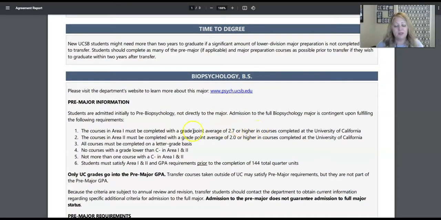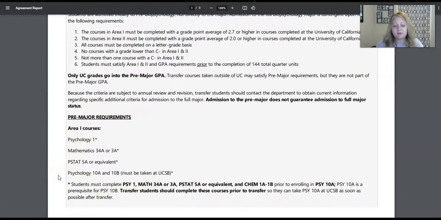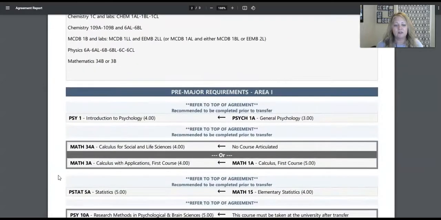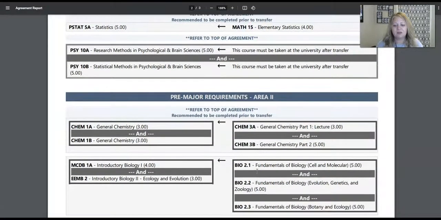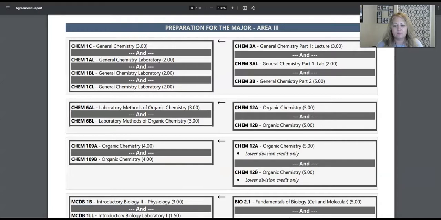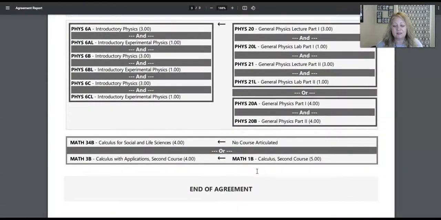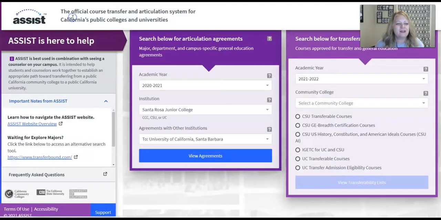They're giving you some GPA requirements in here of what GPA students need to have. Pre-major requirements, so these have to be done to be accepted into the major. So this is very different from Chico. Psych 1A, Math 1A is calculus, Math 15 is stats, chemistry, the bio series, more chem, organic chem, physics. So sometimes students will then look at me and say, I don't think this is the right match for me, because this is a science-based psych, okay?